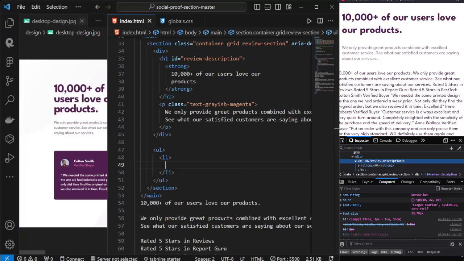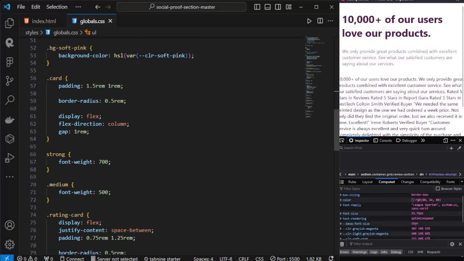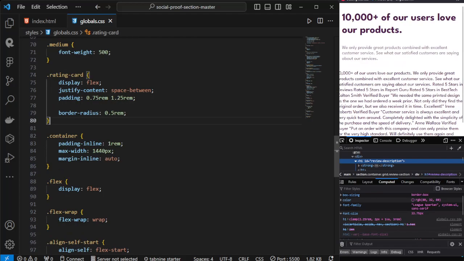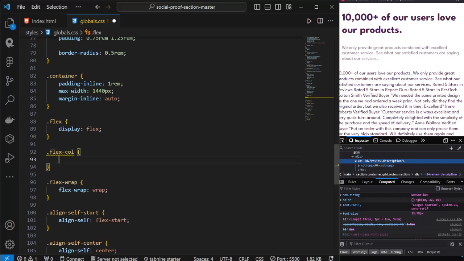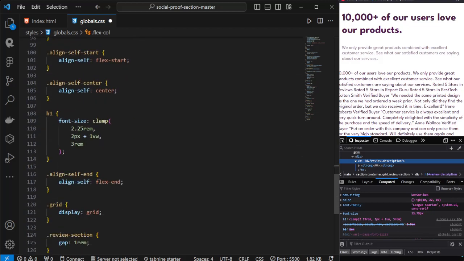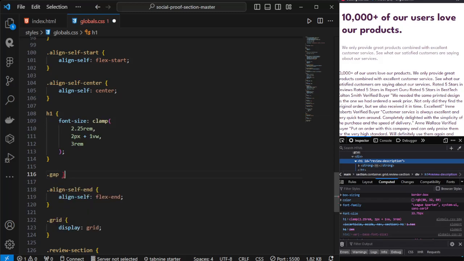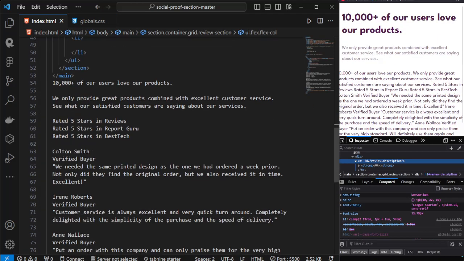So the first thing that we will have first, let's give this a class of flex and flex col. And I totally forgot right here, flex col. Flex direction column. Oh, and of course, I guess we can have like a gap here. Like, I don't know, gap 4, gap of 1. Okay,